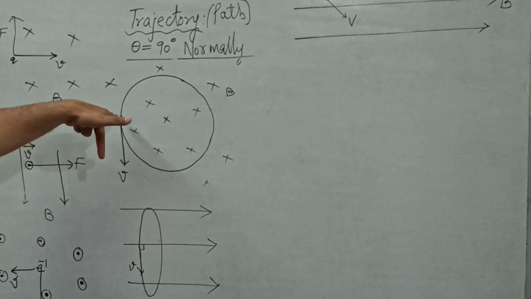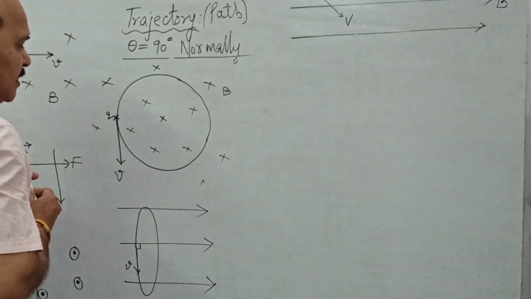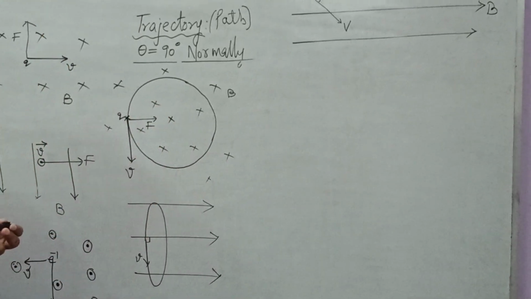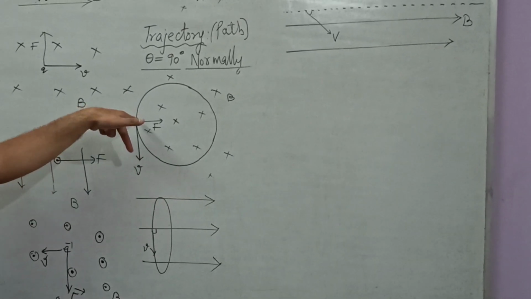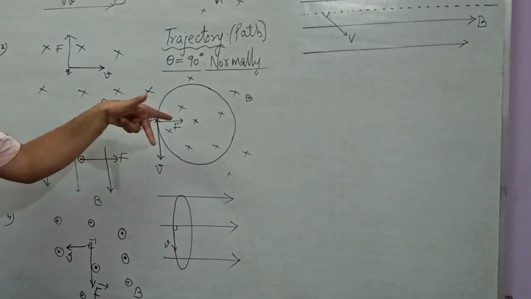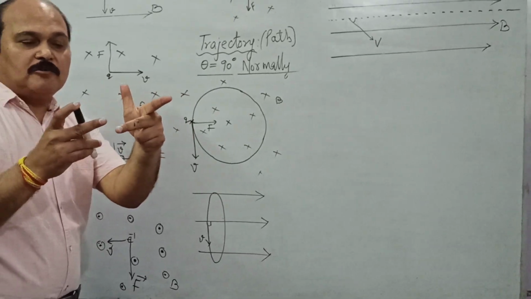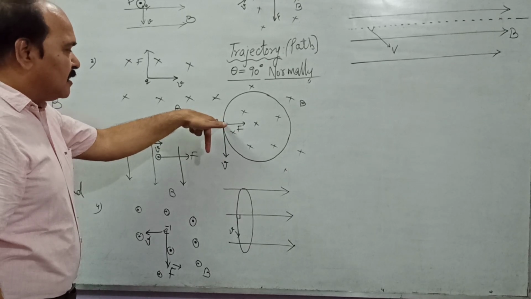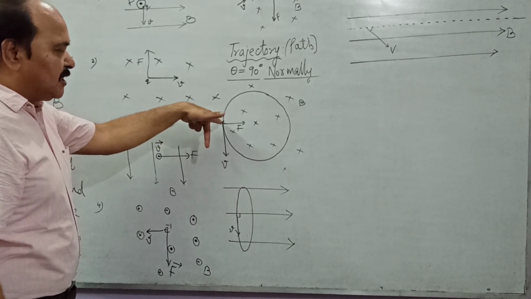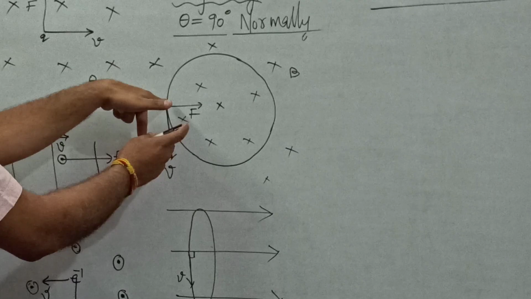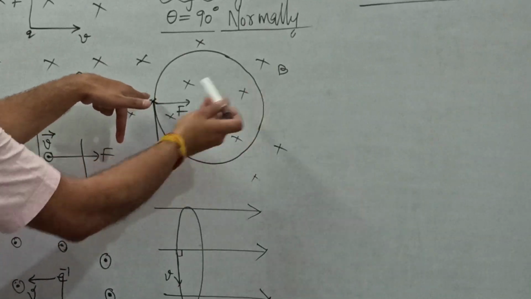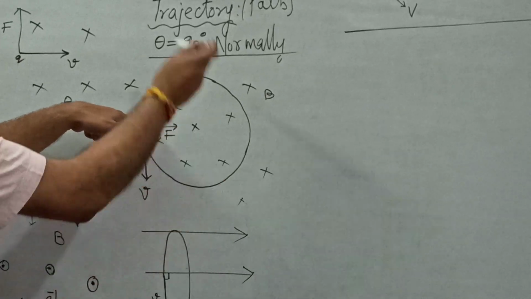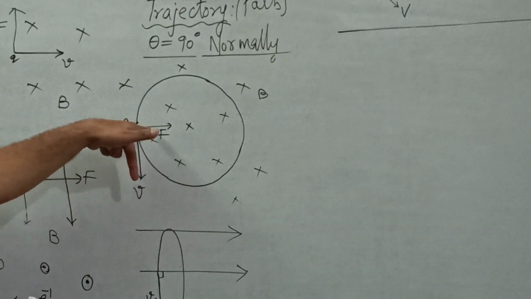So this is your magnetic field cross, the velocity is down. So where is the thumb? The thumb is towards the side. That means the force on this charged particle will be towards the side. I have already made the trajectory, and I am explaining that trajectory. We know that the direction of force is always perpendicular to velocity as well as the magnetic field. As this charged particle starts moving in this magnetic field with velocity v, it experiences a force towards right. By virtue of this force, the charged particle is also deflected towards right.